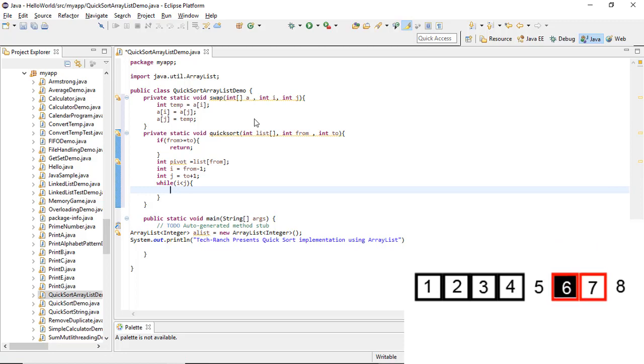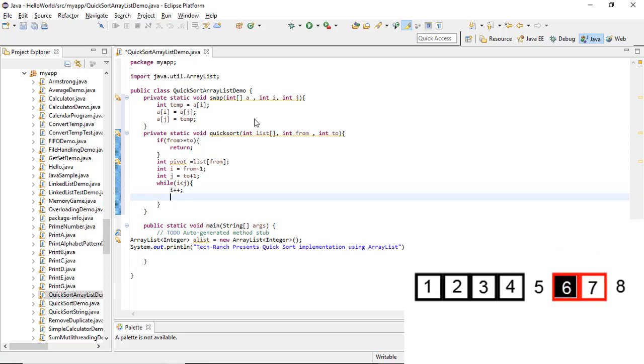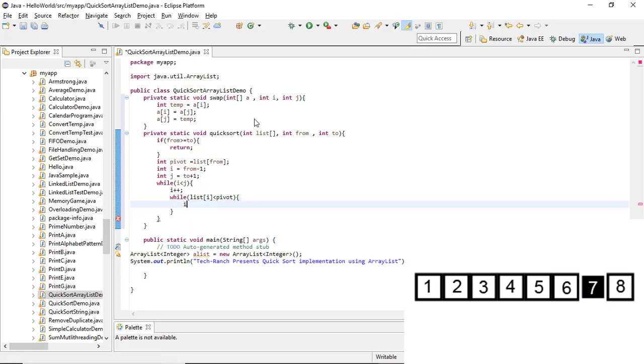So for that, i plus plus and while, and see the list of i, which is again compared to the pivot. And once the pivot comparison is done, it will increase your i variable, and